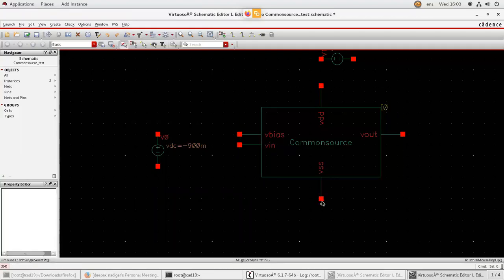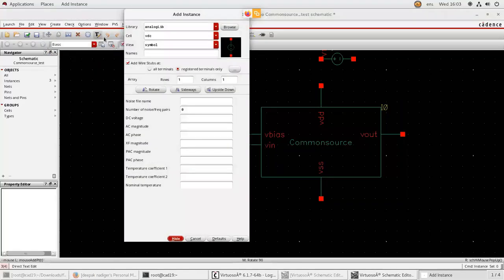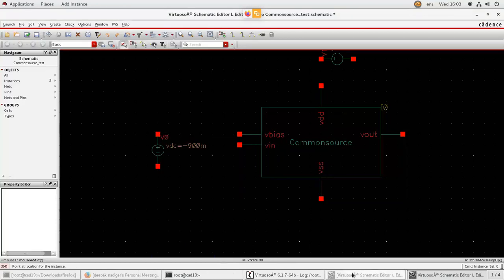Similarly, I have to apply DC voltage for my VSS. So I will go to create instance. Here it is DC voltage. You can see it is VDC. Take DC voltage as minus 2.5 because it is VSS, right? Click hide and paste here.